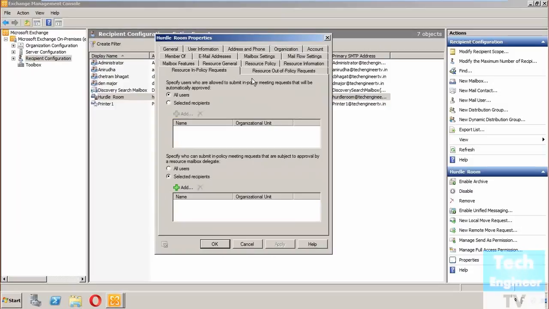There are three things you will find in the resource in-policy request and resource out-of-policy request. The first is to specify users who are allowed to submit in-policy meeting requests that will be automatically approved. Now you can set the set of people who, maybe, are clients of the organization,